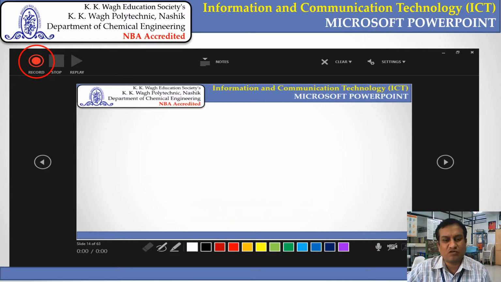Out of these, 14 is the current slide number, and this 00:00 indicates the time, in terms of seconds or minutes, of recording for this particular slide, and the total recording time is shown after the slash.